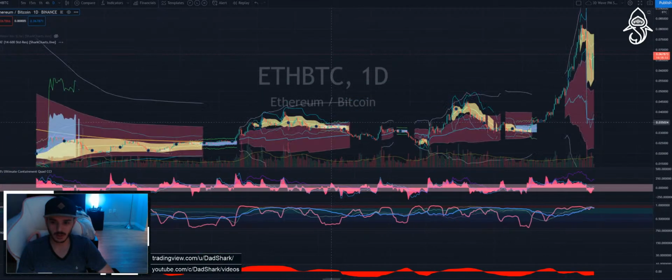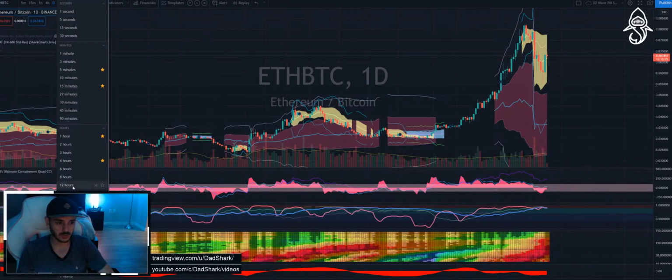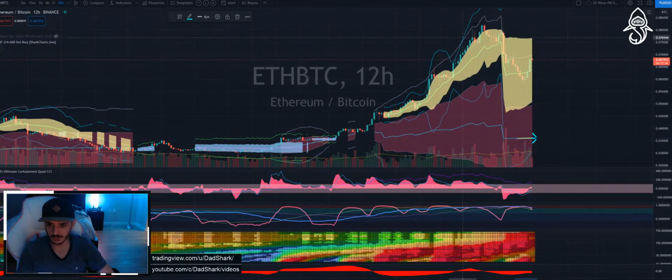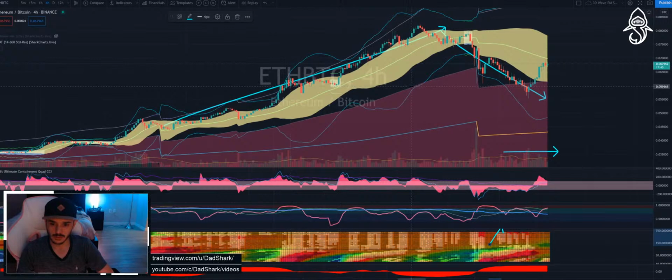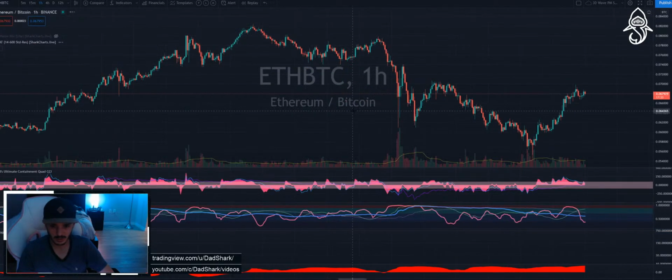So let's start on the daily and work our way down. Actually gonna do the 12-hour for a little bit better resolution here. Okay, it was a little too low. Actually, no, that's just perfect, because that lines up just right. Kind of a weird scenario because you have this upward expansion with a bearish expansion topping it off. What I can do is say that even though the macro isn't technically mean reverting, what we do have is a bearish 1-hour trend, which we can define.